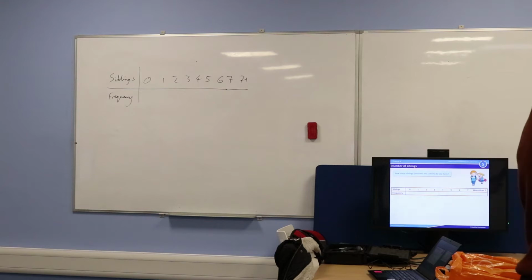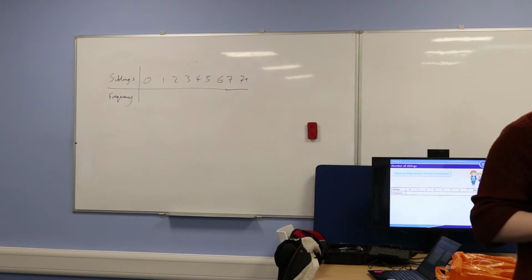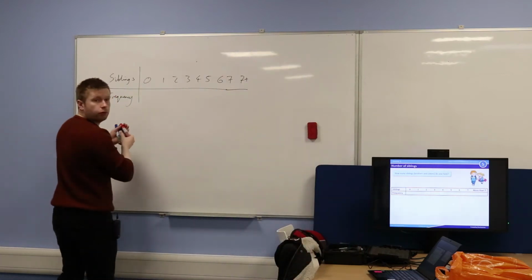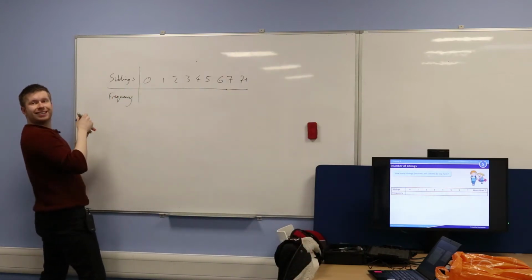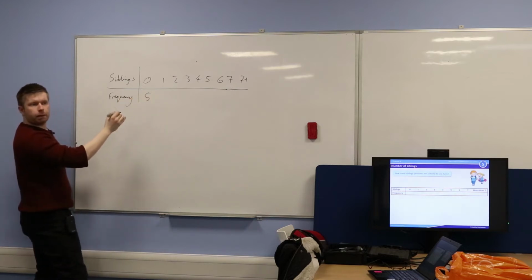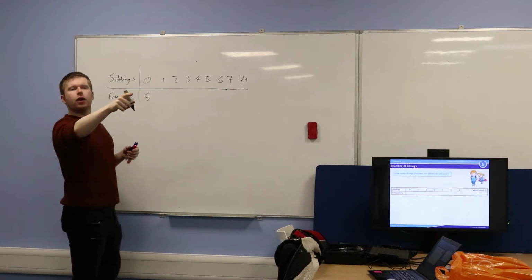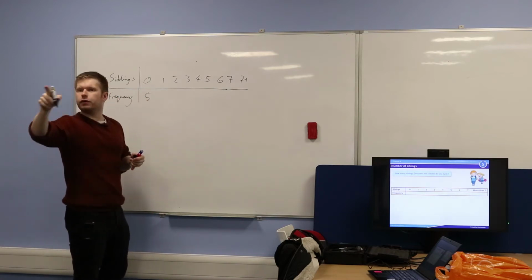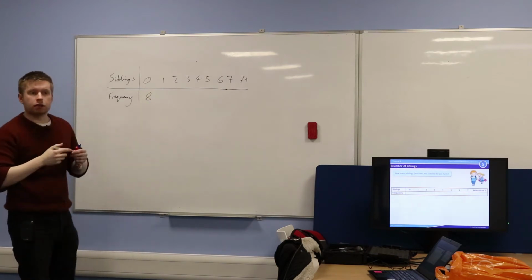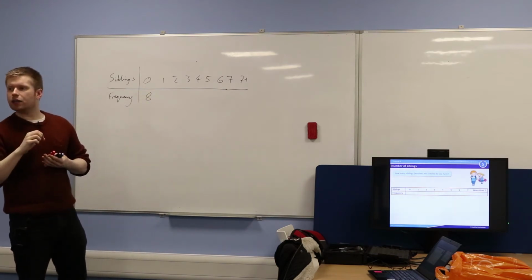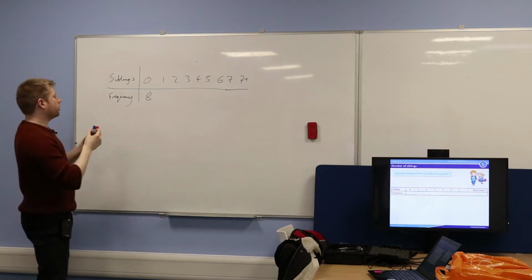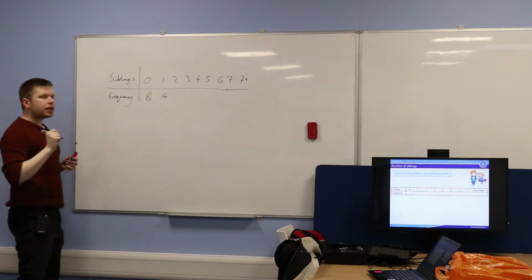Okay? So who in here has no brothers or sisters? 1, 2, 3, 4 people. 4 people, yeah? Or 5 people? 6. Okay. 5 people, is that right? So do it again. 1, 2, 3, 4, 5, 6, 7, 8. Okay. So there's 8 people in here with no brothers or sisters. Okay. Who in here has 1 brother or sister? So 1, 2, 3, 4. Okay. Who in here has 2 brothers or sisters?